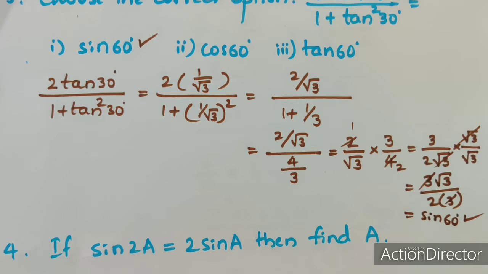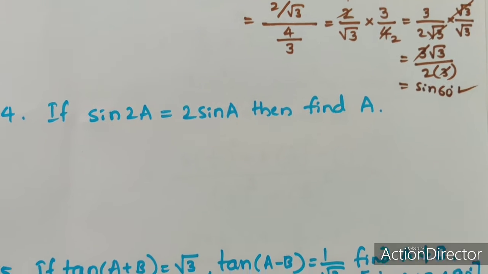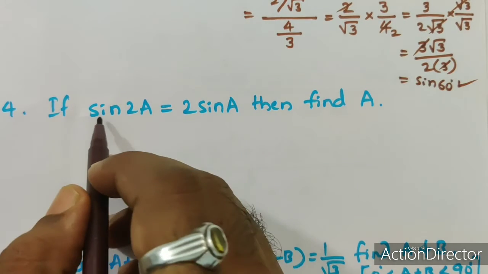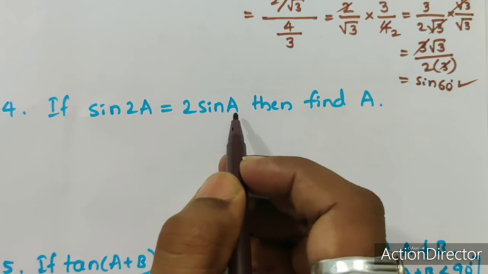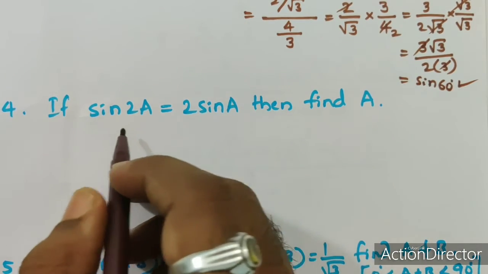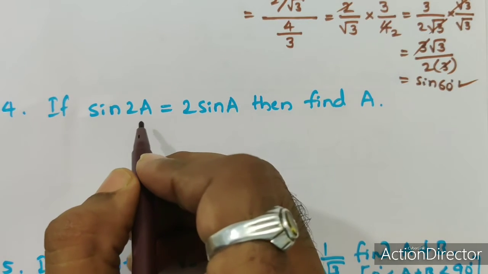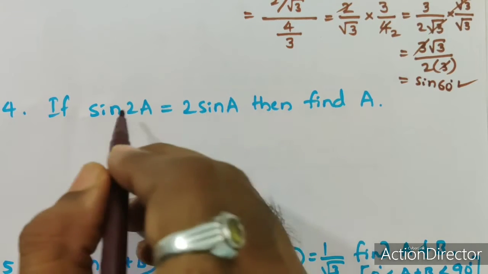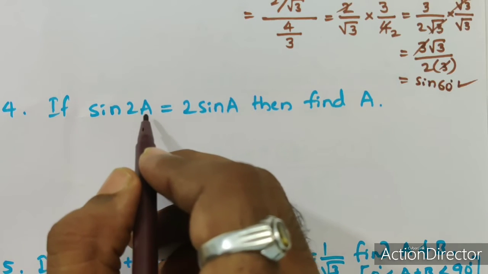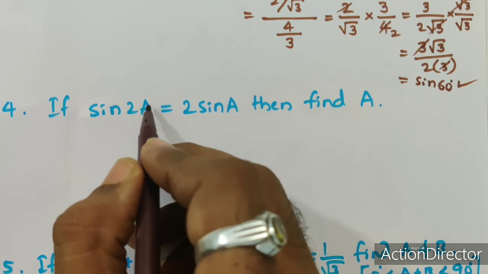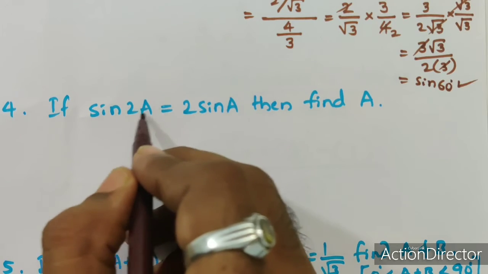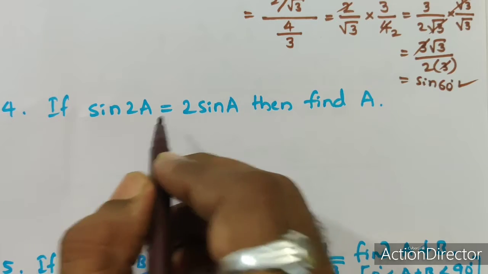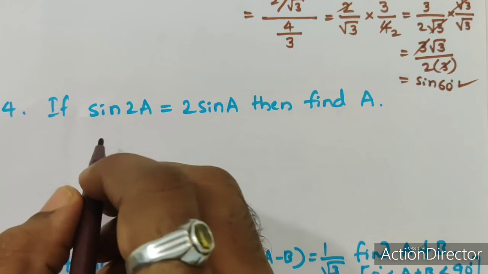And I have another question which is a little simple, and it's a trial and error type. It is given: if sin 2A is equal to 2 sin A, then find A. So we may just have to test it, for which angle in place of A these two become equal. If you put any value in place of A, it will become double here, but here it won't. So other than 0, no other value suits here.